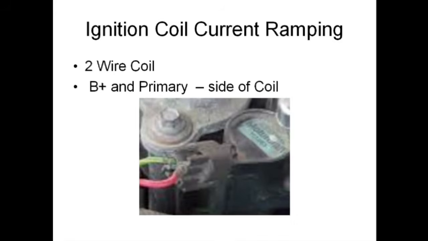Just about every manufacturer today has gone to an individual coil per cylinder, known as coil on plug or coil near plug. Now, we can divide those into two areas. For lack of better terminology, a lot of technicians have adopted the traditional two-wire coil as falling into a category of a dumb coil. Because realistically, all it is is primary windings, secondary windings, and a lot of epoxy. So what I have up here on the slide would be considered a two-wire dumb coil,